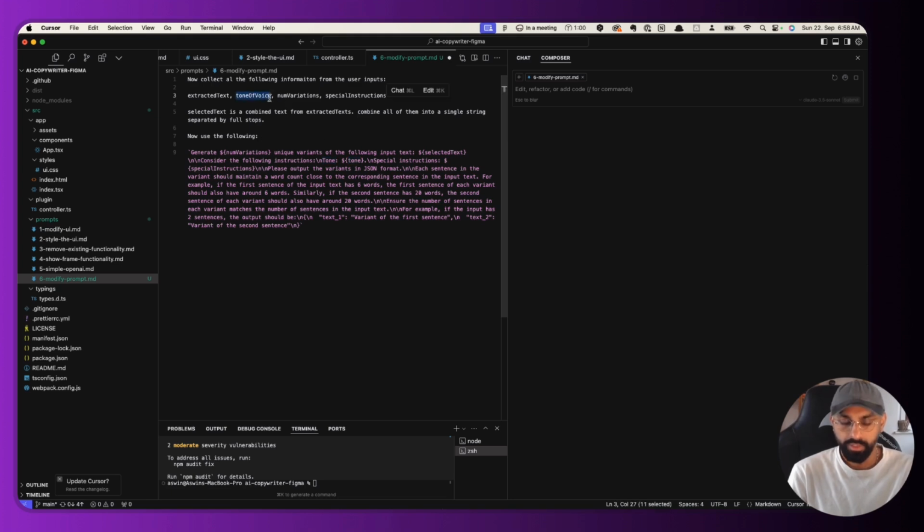So we don't need tone, we need tone of voice, and special instructions. And again, we input the special instructions. Please output the variants in JSON format. Each sentence in the variant should maintain a word count close to the corresponding sentence in the input text. So we want it to look kind of similar. We don't want huge paragraphs to be returned for each text for which we want to create a copy